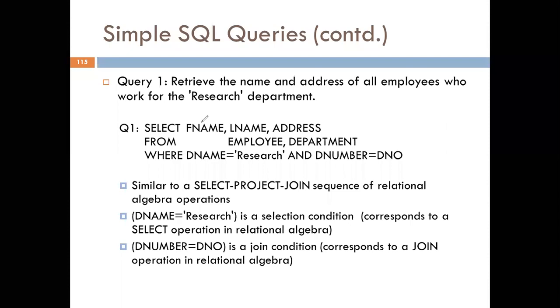Yeah. So select the end result we need is a first name, last name and address. Which are the tables involved in order to extract the result? It is the employee and department. So 2 tables are required for us. Now, in order to link these 2 tables, we need one condition, and another condition is required to select the research department. Okay. So the condition is here, D name should be research.